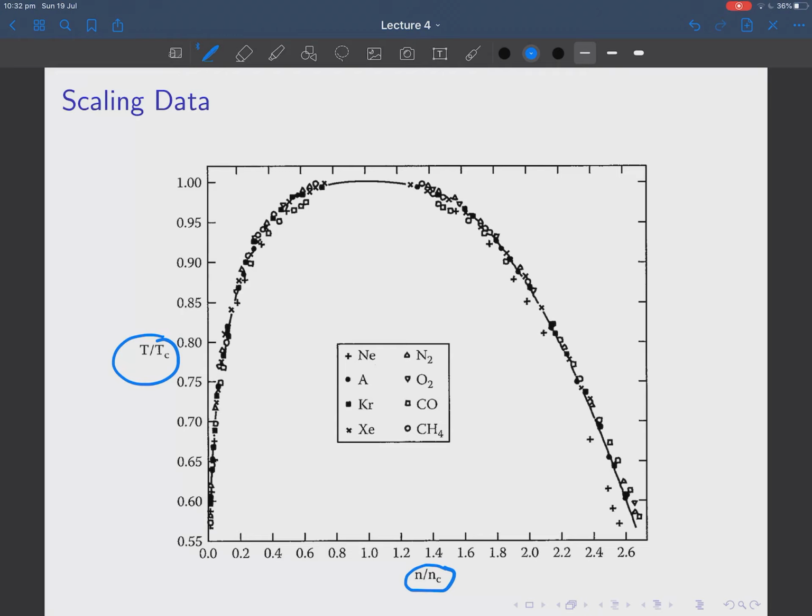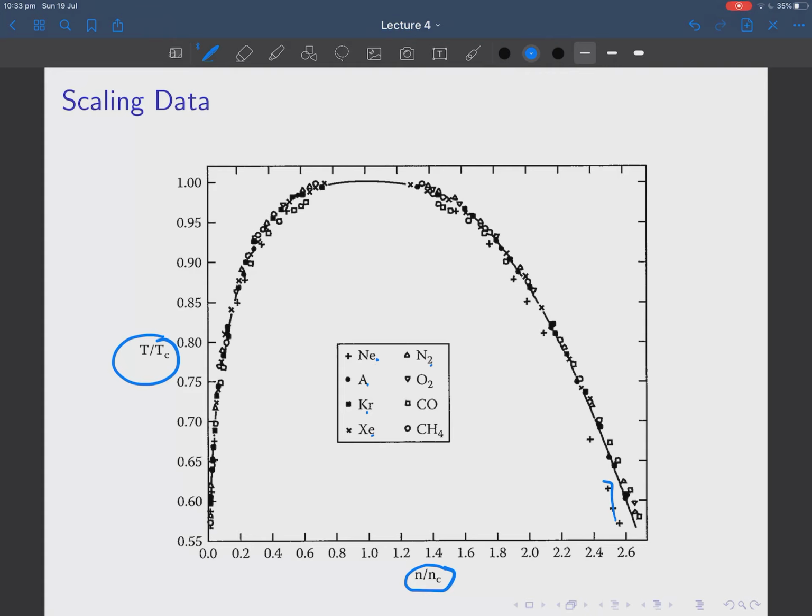This is the density divided by the density at the critical point. This is the temperature divided by the critical temperature. And all the gases, well, not all of them, but most of them, actually lie on a given universal curve. So neon, argon, I suppose, krypton, xenon, nitrogen, oxygen, etc. You can see neon's a bit off, but they all pretty much lie on the one curve, and that's called